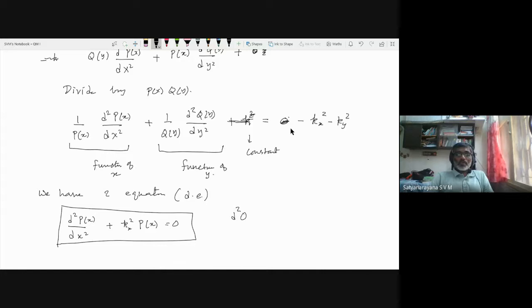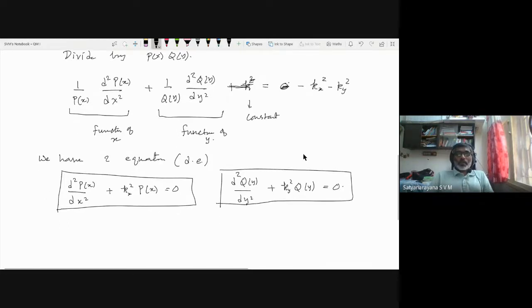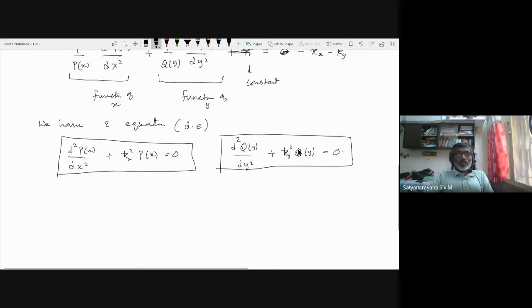And then you have another equation, d square q of y by dy square plus ky square into q of y is equal to 0. So these two are mathematically the same equations. Now onwards I don't have to redo this, because we have done it in the one-dimensional case. Based on the boundary condition that p of x should go to 0 as x goes to 0 and x goes to L,